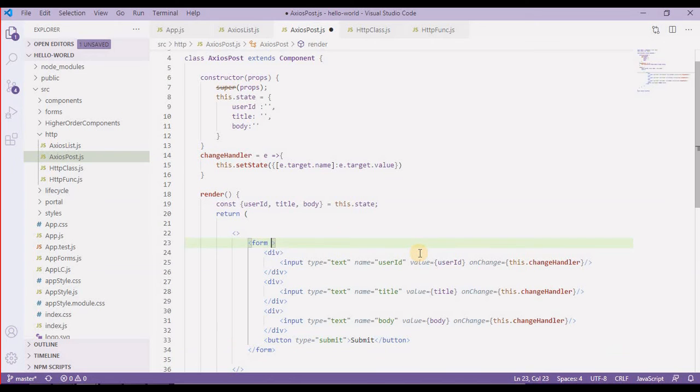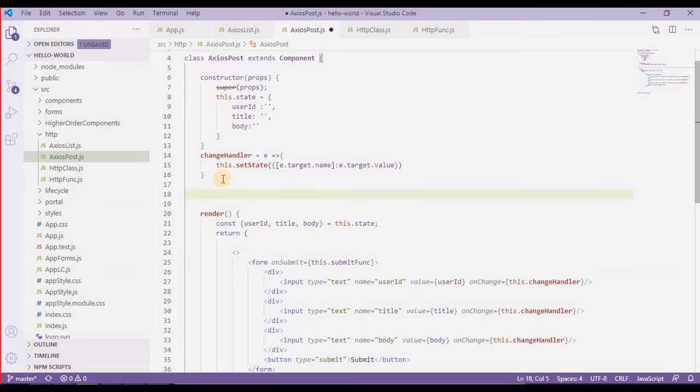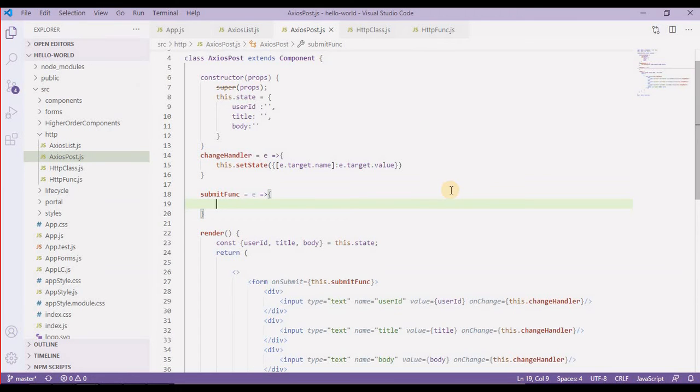Now in the form I should have the onSubmit method, and this is going to be this.submit function. Now I should define this submit function over here. The submit function is basically a function which will take the event so that we can get the data from the target, and then inside this submit function, what I'm going to do,